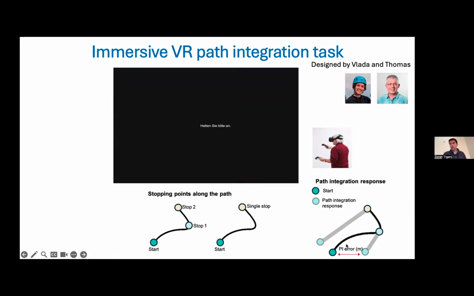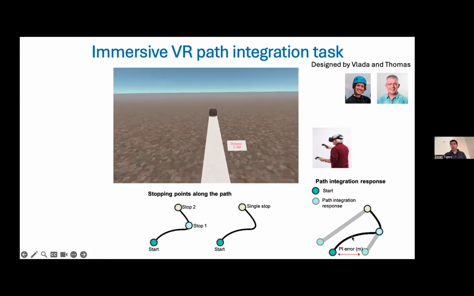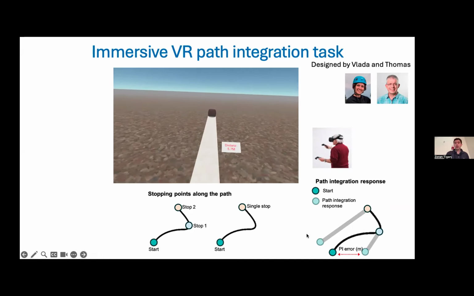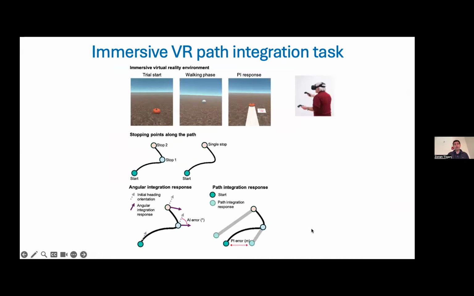What we can then record is basically what is the path integration error, where exactly do they point relative to what is the true start location. In particular, there was also another component here, and that was the angular orientation. So participants were actually at every stopping point asked two questions. One was to point to the start location, and the other one was to indicate their original head orientation. So there was this component of tracking the angular integration, this on the left, and also this standard path integration response. The goal was to try to decouple the two and see if there is some decline that we can detect already on the angular integration response.